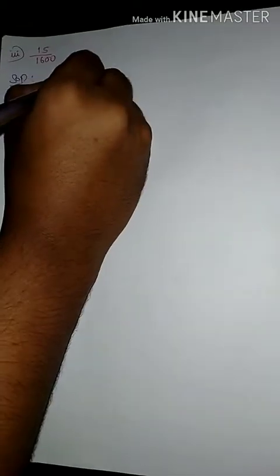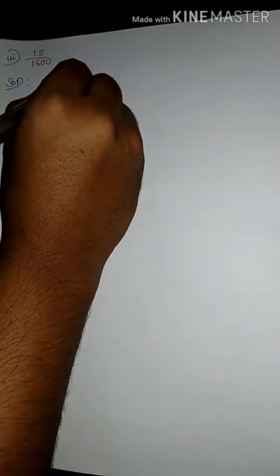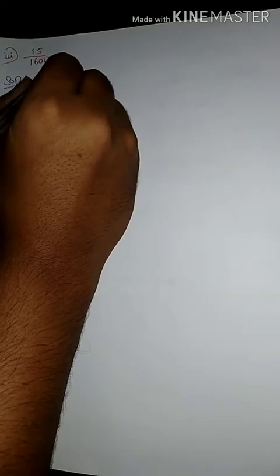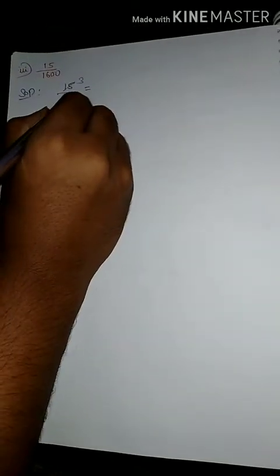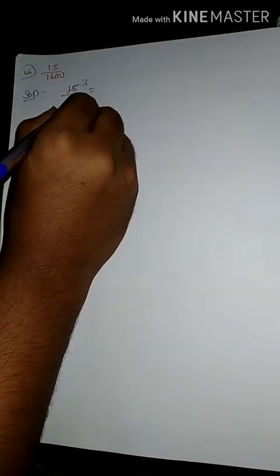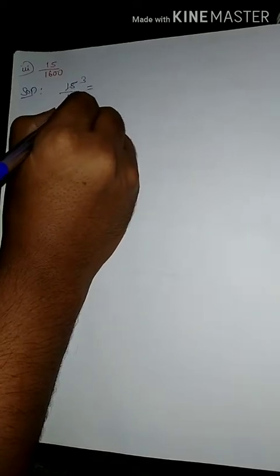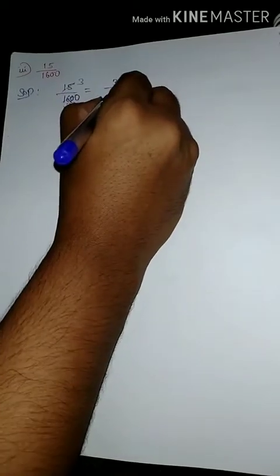And next problem, third one. 15 divided by 1600. Here, the standard form of 15 divided by 1600 is that 15 and 1600 appear in the same table, the 5 table. So we operate by 5. 5 3 is 15, 1 is remainder, next it becomes 10, 5 2 is 10 and 0 as it is 0. So 3 divided by 320.